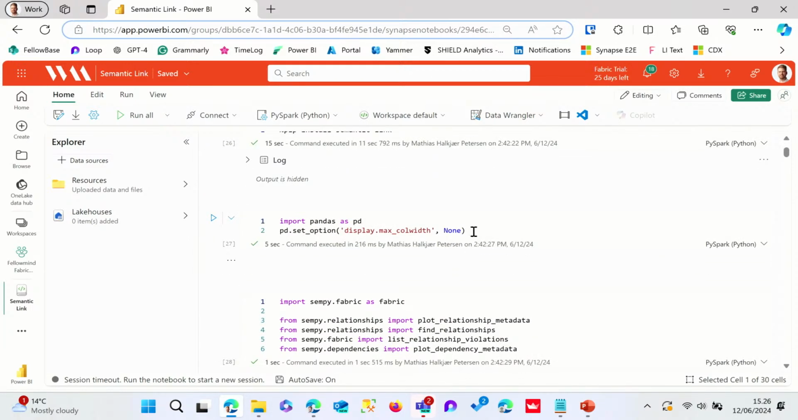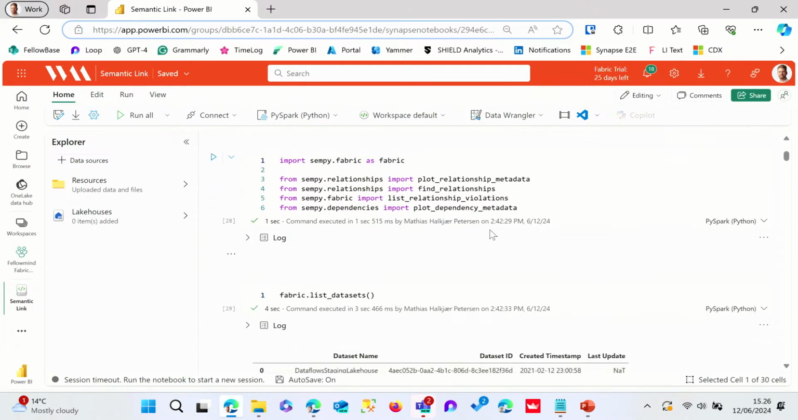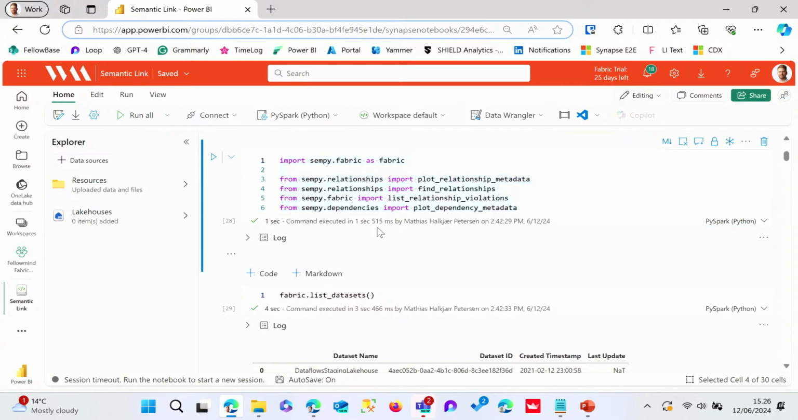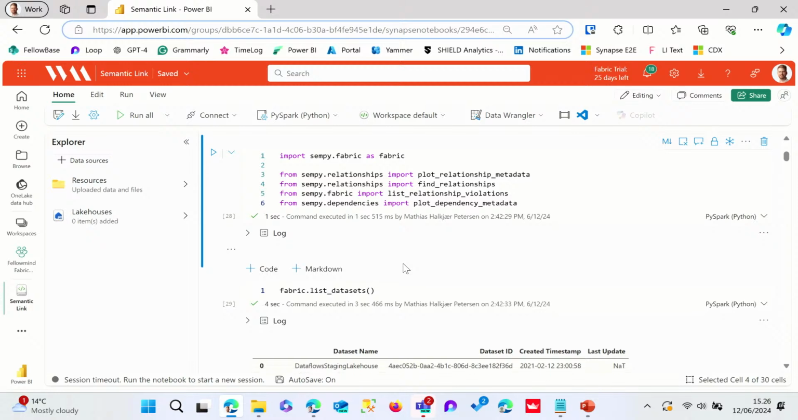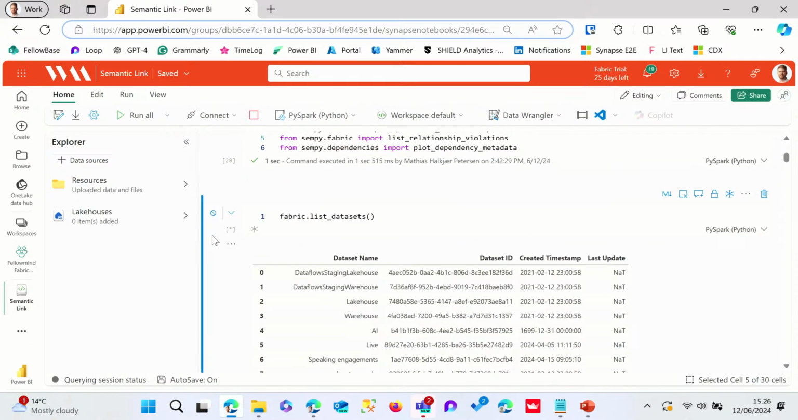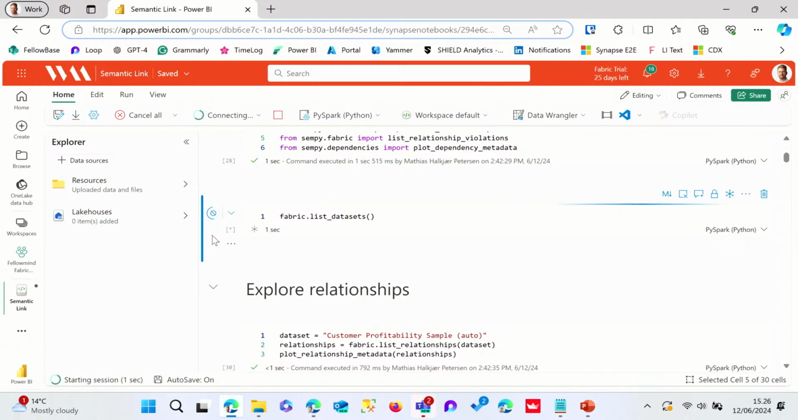After that, there are some formatting settings. You of course need to import the packages that you need. There are three main packages here: SemPy relationships, SemPy fabric, and SemPy dependencies, each with their own toolboxes and tools. Once we've done that, we can do simple things like give me a list of the datasets in my workspace. And in hopefully a few seconds,